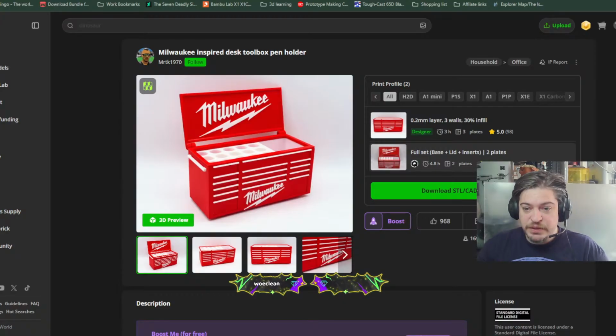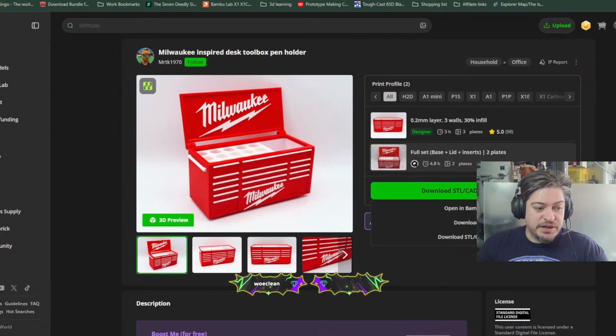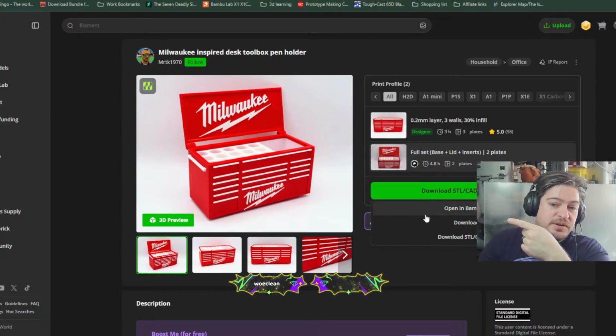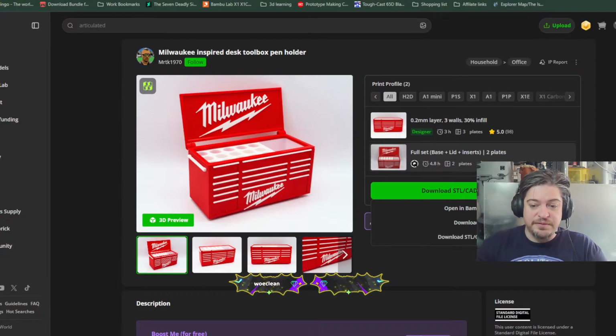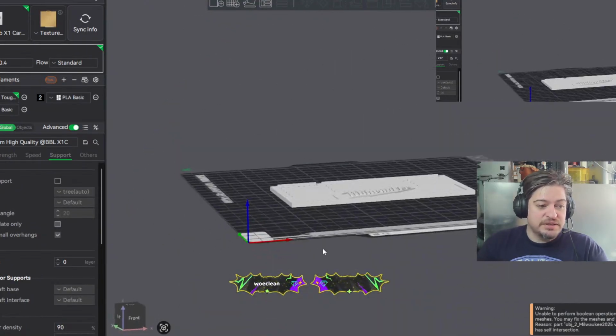MakerWorld is free. I selected the object and the drop-down, which I'm kind of covering up, but you can see it gives you the option to open in Bambu Studio, download the 3MF file, which you don't really need, and then download the STL or CAD files. So I selected download STL CAD files and